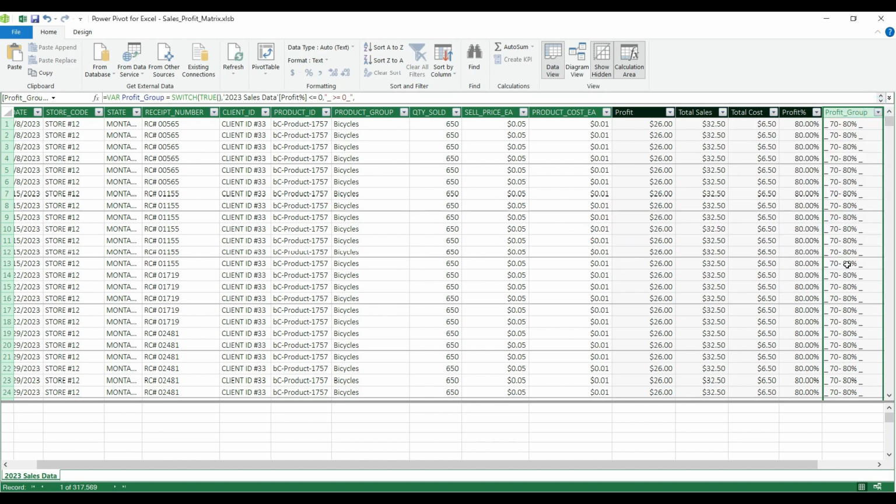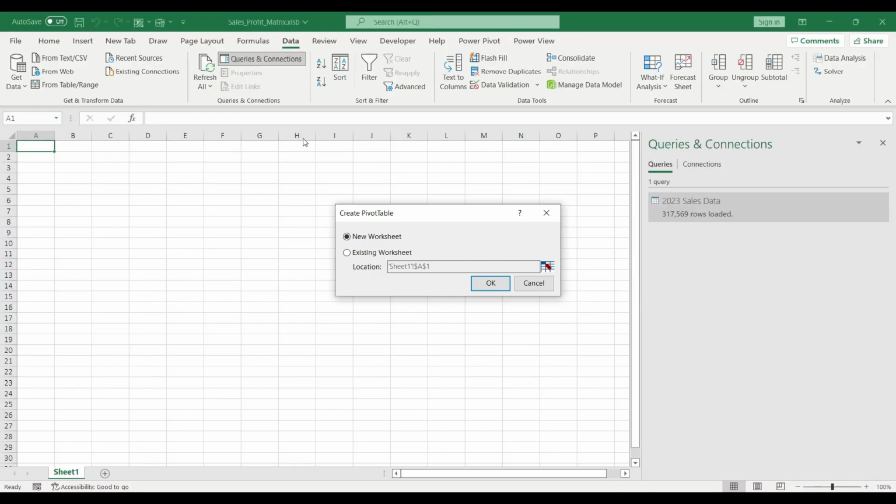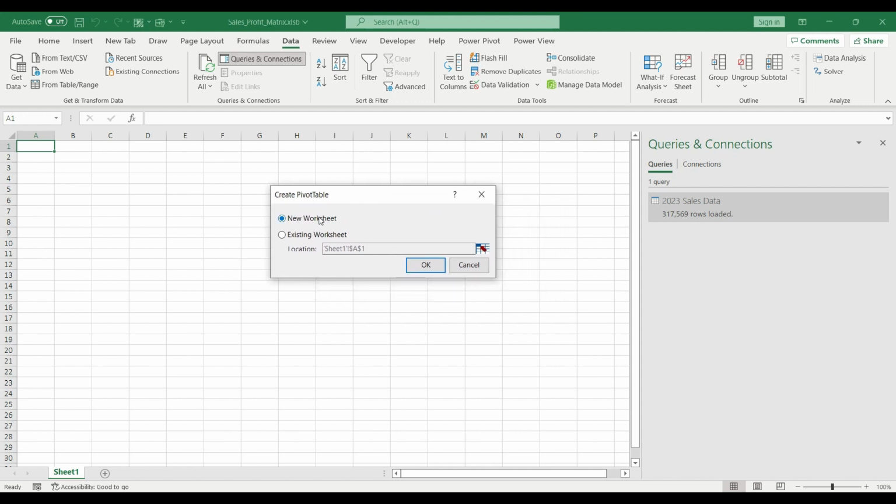And now we can start building the first sales matrix on the Excel graphical interface. What I need to do is go back to the Home tab and select Pivot Table, and from here you have multiple options, but this time I'm going to choose the first one, which is nothing more than a simple pivot table. Then my data is going to be dumped into the pivot table memory, and Excel will ask me if I want to load my pivot onto a new sheet or an existing one.